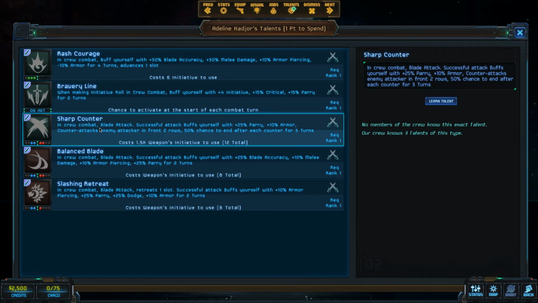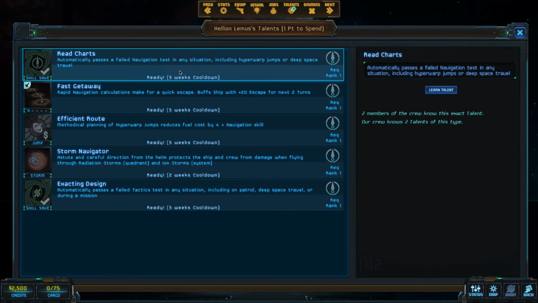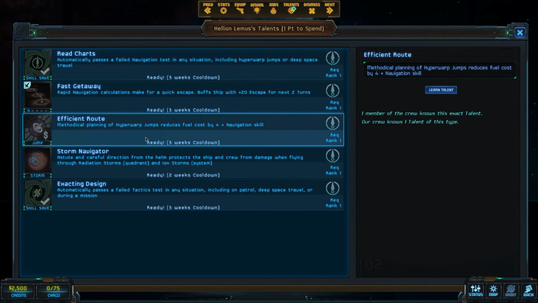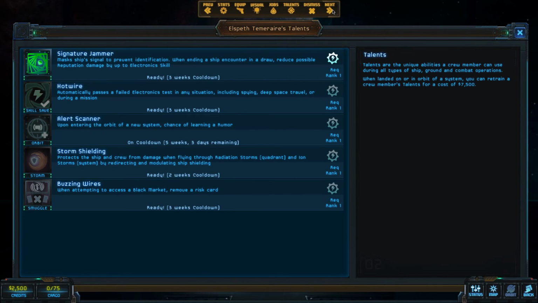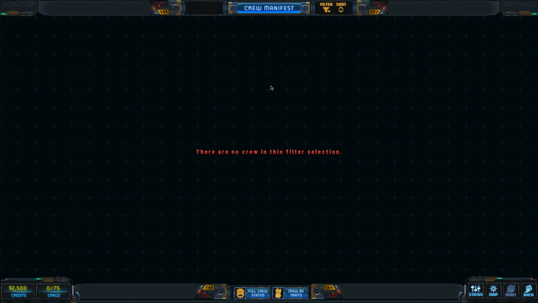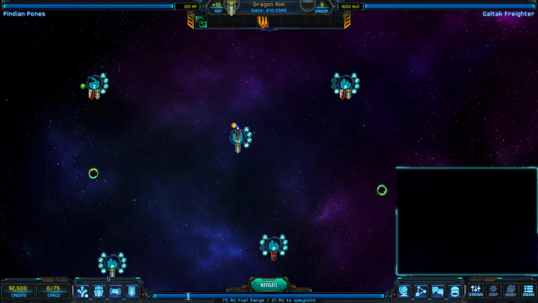Here's our frontliner. We will take sharp counter. Sorry, our swordsman. We'll take that. I do like the sharp counter. It does damage and then just makes him much harder to hit or deal damage, and a chance that he'll counter, which is really nice. Okay, probably pick up this one. I always miss that this is down at the bottom. We'll take the tactics test for sure. Signature jammer. What are you? No, okay, we're all done. That's everybody. Excellent, excellent news. So, what we're gonna do...